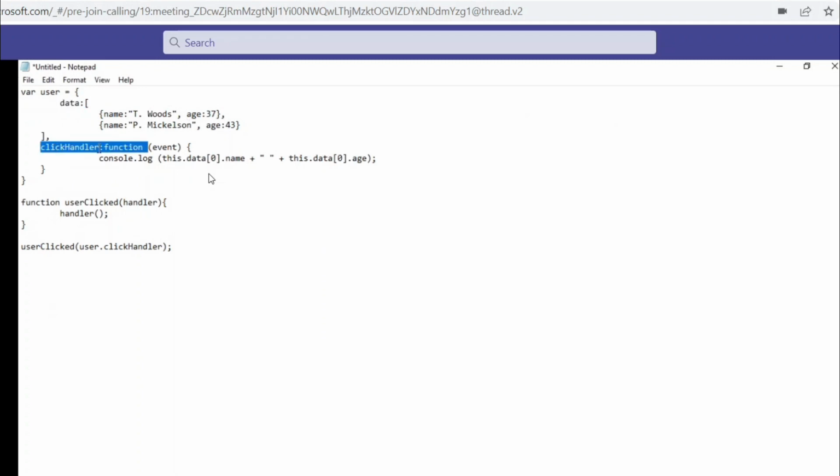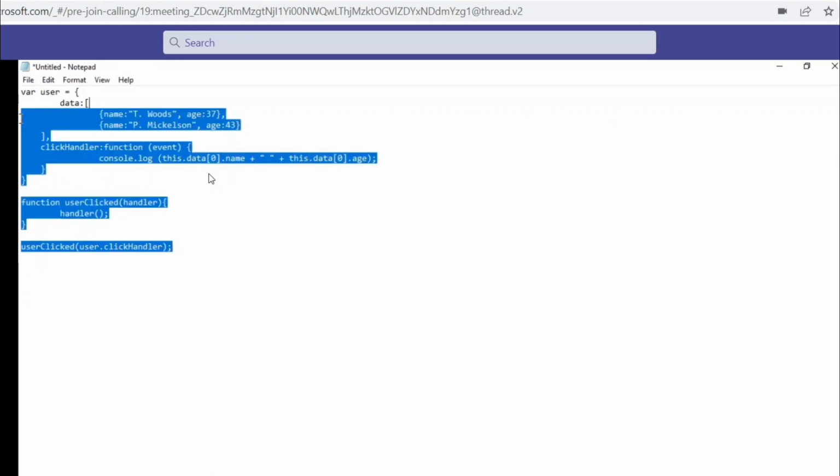Then a click handler function that console logs this dot data. Then we have another function, user click handler, and we are passing the handler here. What will be the output here?